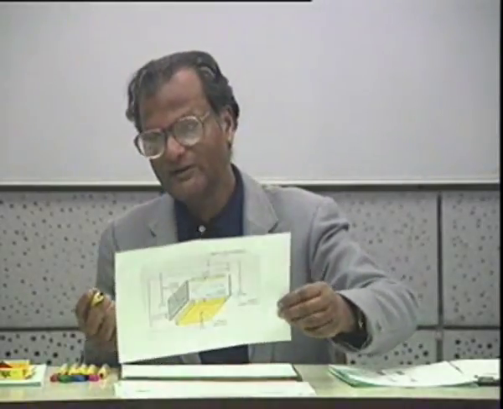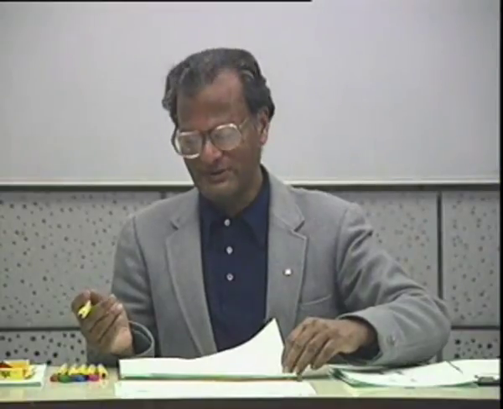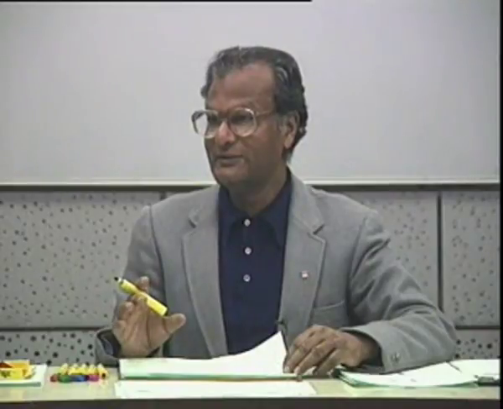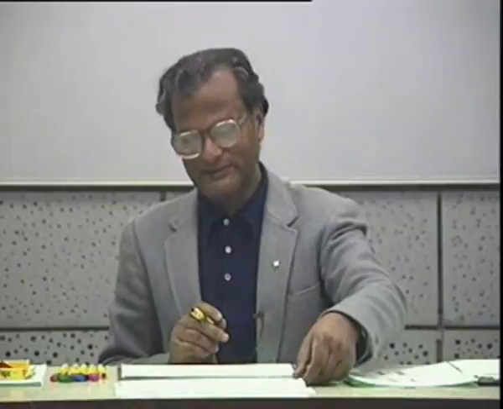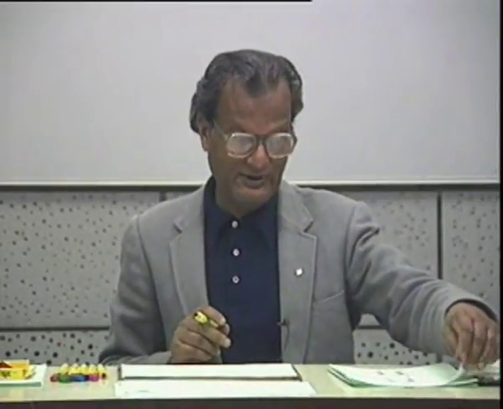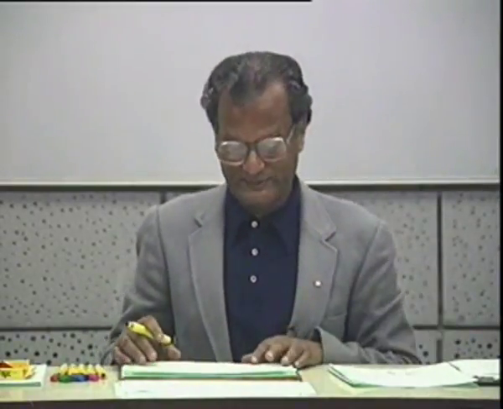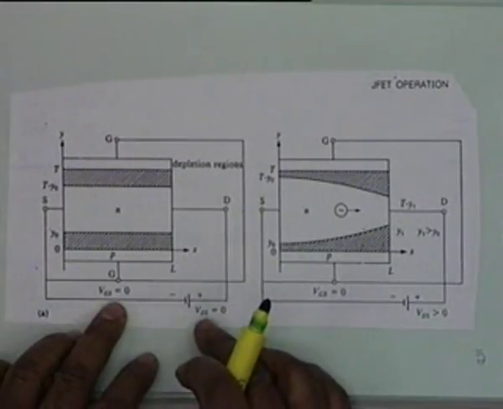Now let's see what happens through a cross-sectional diagram. Is there any question on this? The geometry? It's a fairly simple geometry, and this is why it was conceived much earlier than BJT. Actually, Schottky first hit upon a field effect transistor, but he couldn't make it, and therefore it had to wait for many years.